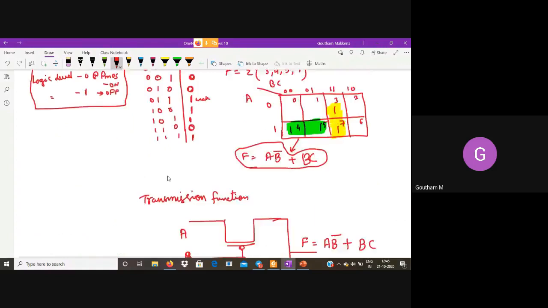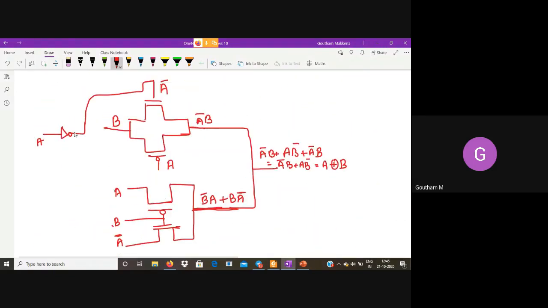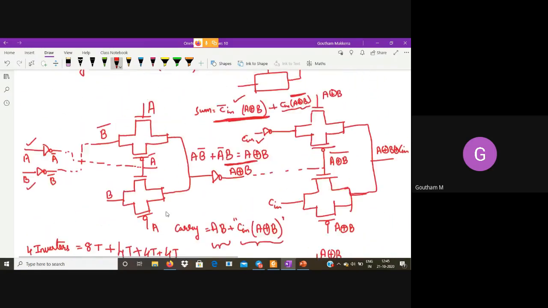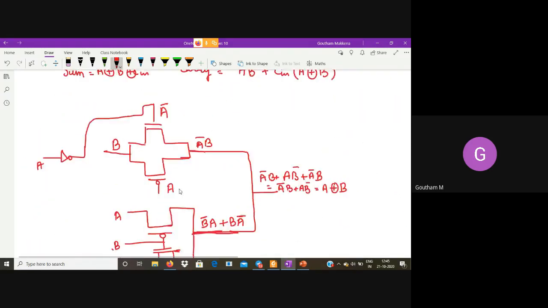Now in order to generate A XOR B, how many transistors did I use here? This is 2, this is 2, this is 2. How many? 6. Okay. So did we save 2 transistors here in this XOR? Yes, sir. So in this XOR also, can we now save 2 transistors following the same logic?